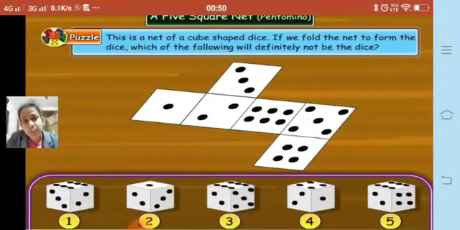So with this we finish the lesson on 3-dimensional objects and nets. I hope you have understood, dear students. You need to practice and make different types of nets. You can try with different types of nets and prepare different types of boxes, whether it may be a cuboid or a cube. Till we meet again in the next lesson, thank you very much.